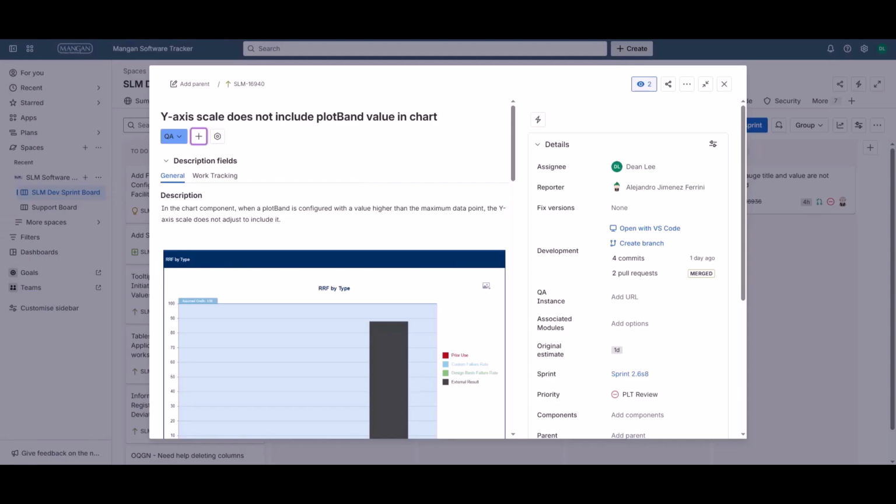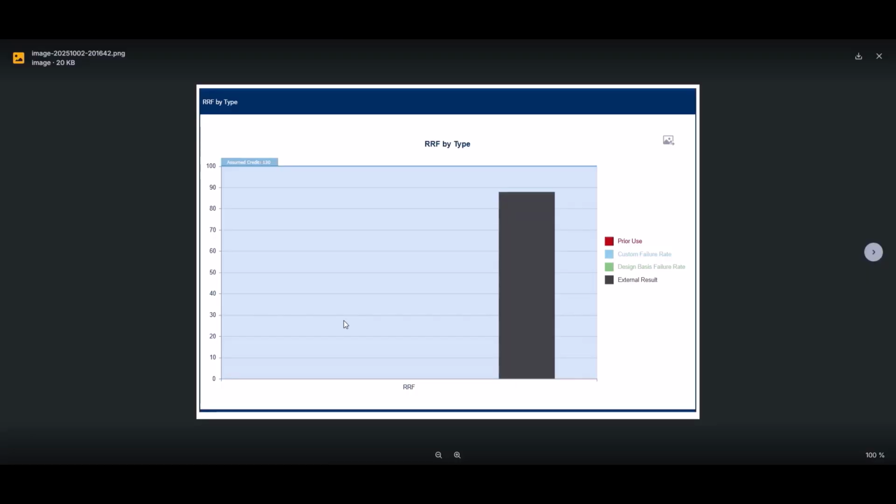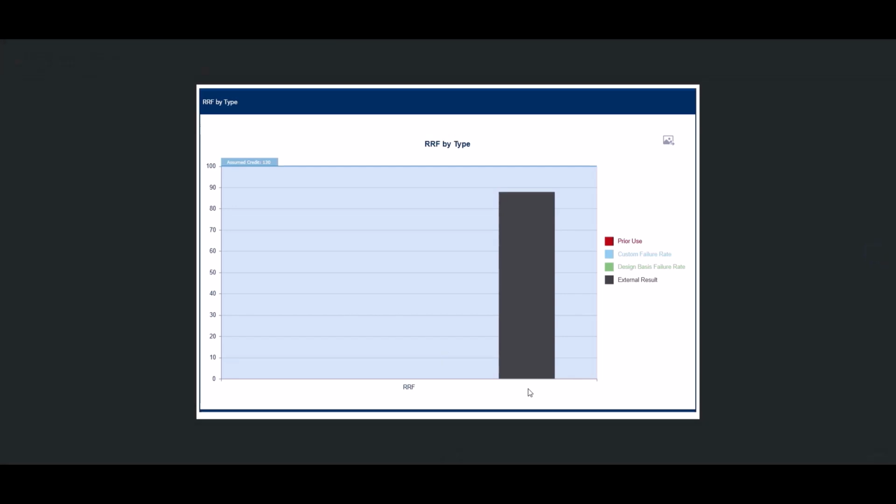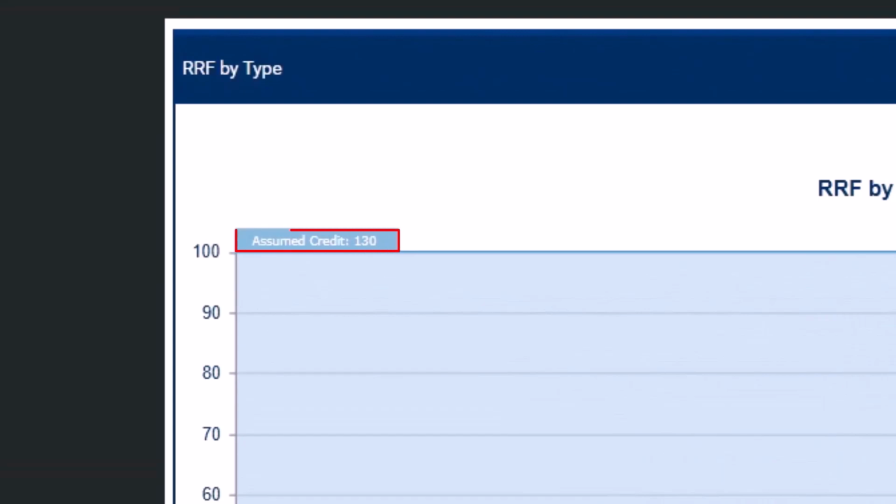Ticket number 16940. Y-axis scale does not include plotBand value in chart. So if we look at the image attached, we can see that in the chart component, when a plotBand is configured with a value higher than the maximum data point, the y-axis scale is not adjusting to include it. So we can see the assumed credit is 130, and yet the y-axis only goes up to a maximum of